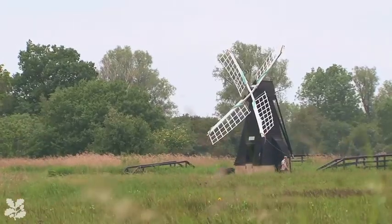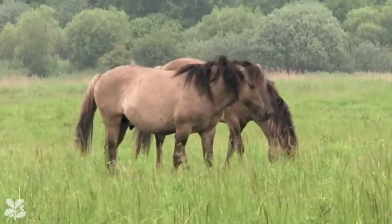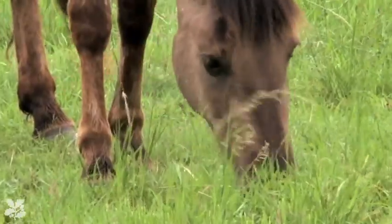This is one of the last remaining fragments of the Great Fen, which once covered vast swathes of East Anglia, and it's the only true bit of fen that's really left in the wonderful open aspect that we can see behind us today. There are horses grazing the National Nature Reserve and the restoration land,